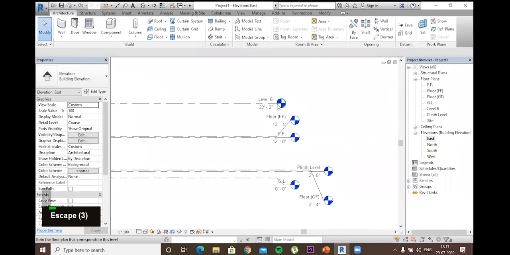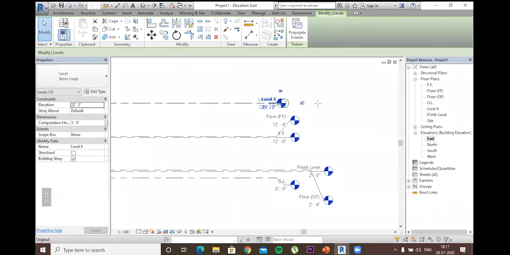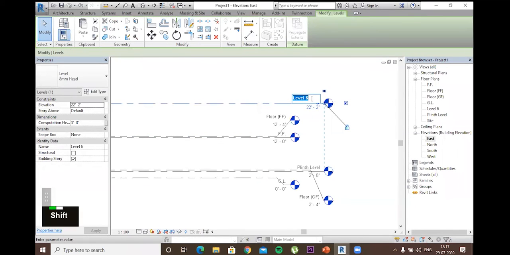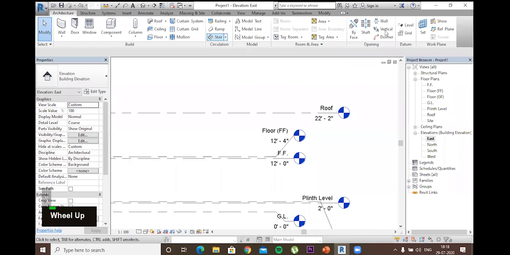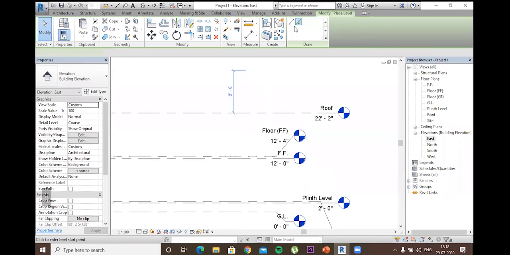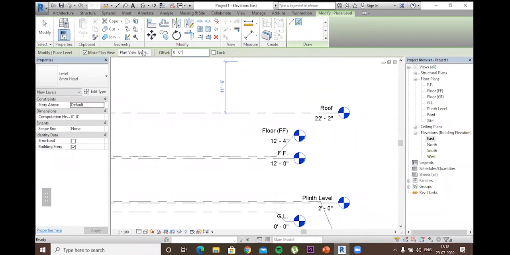Okay, so this is how we have created all the levels on which we are going to work. Let's call it roof. And then again we will create the roof floor at 4 inches.